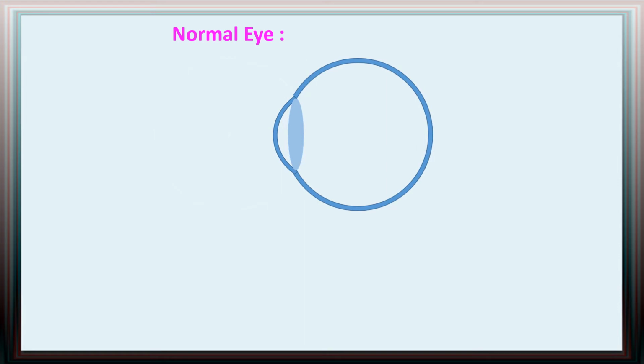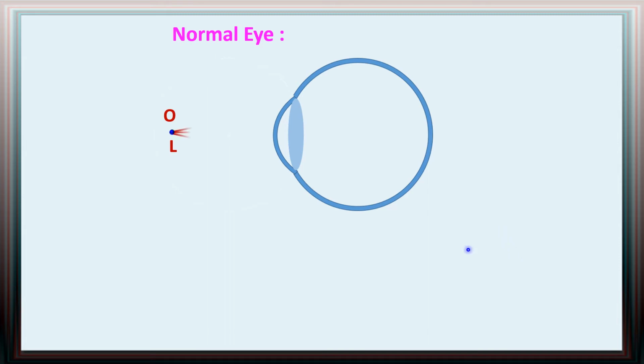Here I am showing you the focal length, normal eye. This one is the normal eye. Here L is called the point of least distance of distinct vision, you know this. So let us place an object at L. In this case, the minimum focal length is 2.27 centimeters. That's why its image will be formed on the retina clearly.